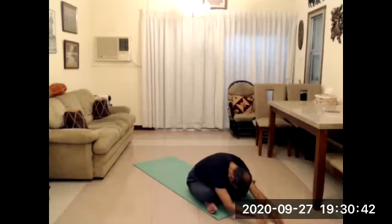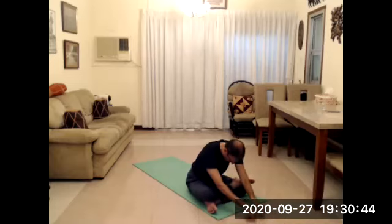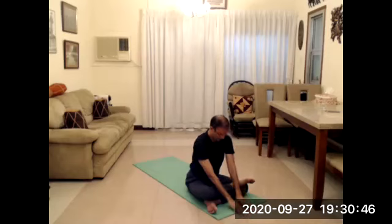When you're ready, slowly walk your fingertips back. Now, of course, you can do the simple thing of just switching your legs. So your left calf goes down and your right calf comes up. But if you want to do something interesting, I suggest you stay with me. So parallel your arms, lean back, untangle your legs to a boat pose,